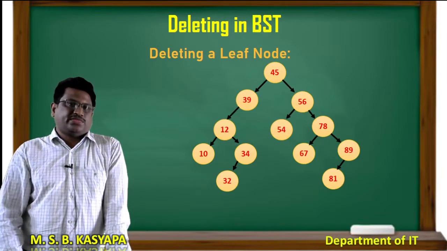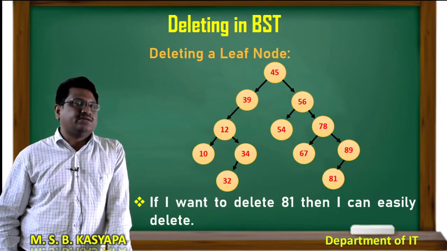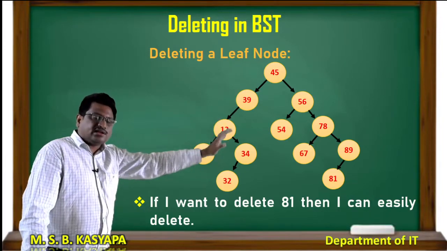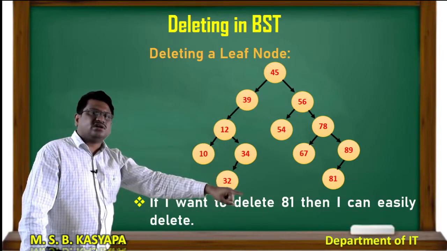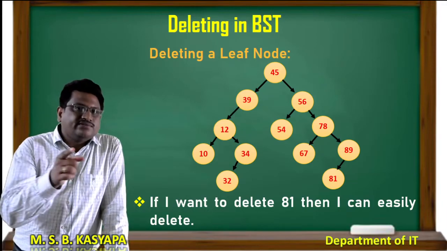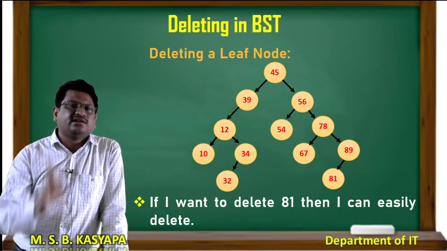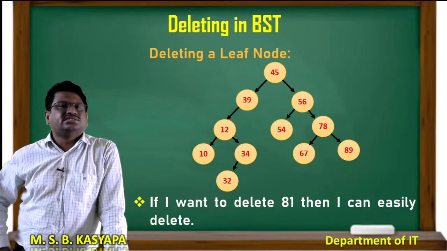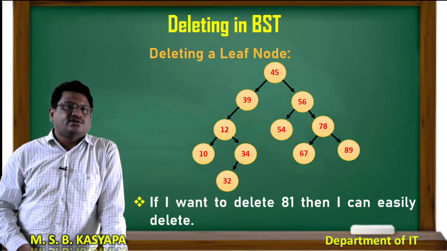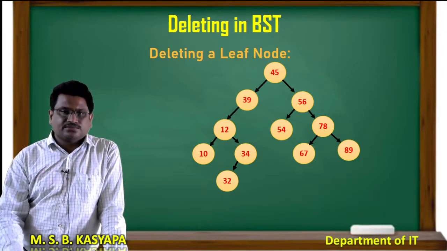Now, let us do the process. In this binary tree, I want to delete the elements 81 and 91. If I search the entire BST, 81 is the leaf node of 89. 81 has a link only with 89, so it does not have any children. So, I can directly delete it. If I delete the value, it does not affect the BST or change any order in the BST. So, I can delete values very easily if it is a leaf node.